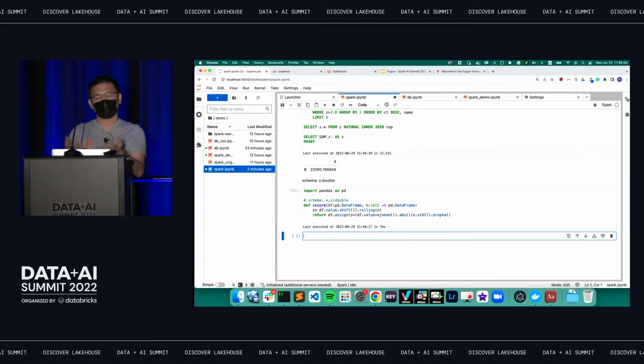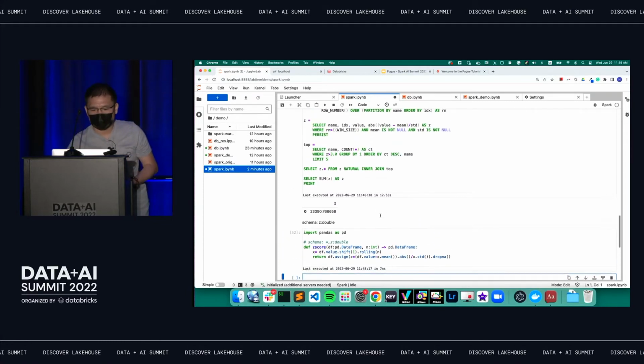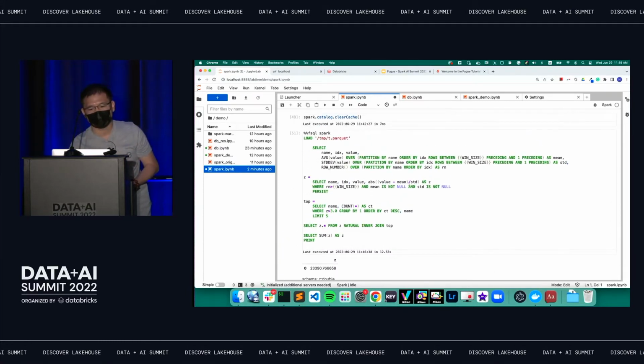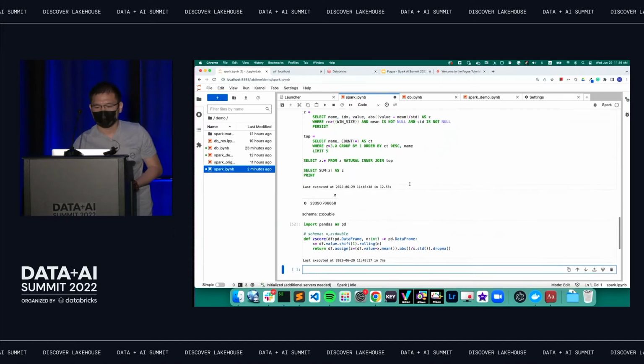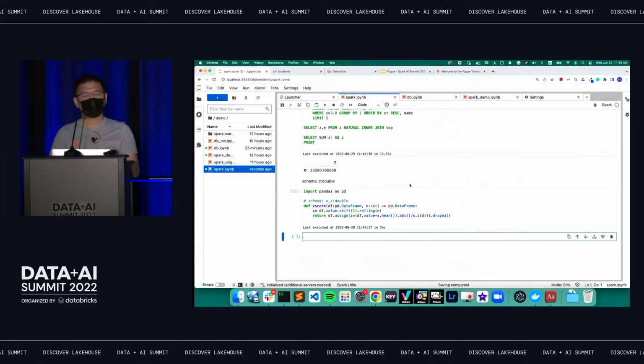Right? So it's not only expressive, but more importantly, this is fully unit testable. This is just a plain piece of Python code, and you should unit test it if you want to put this in production. Think about that. How do you unit test the SQL? It's not easy, right? But in Python, you can test it. So now the question is, how can we apply this Python function